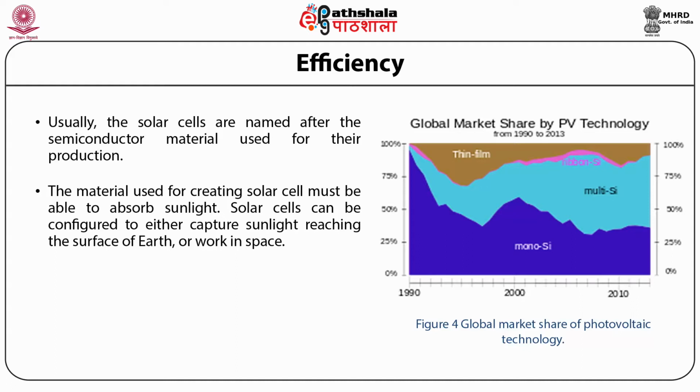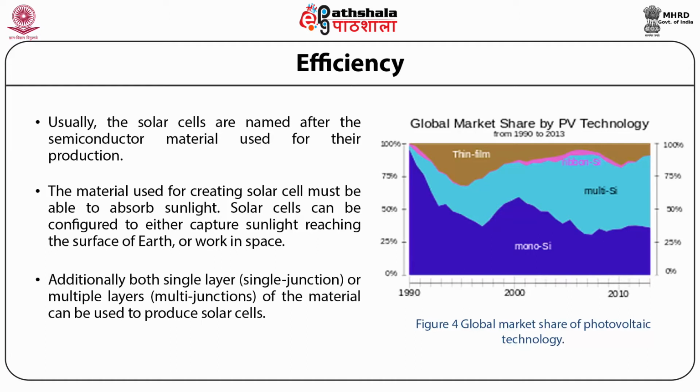Solar cells can be configured to either capture sunlight reaching the surface of Earth or work in space. Additionally, both single layer, that is single junction, or multiple layers, that is multi-junctions of the material can be used